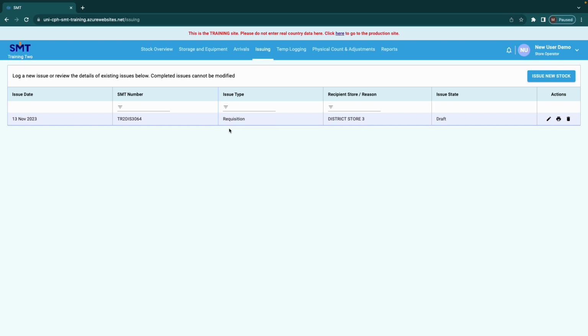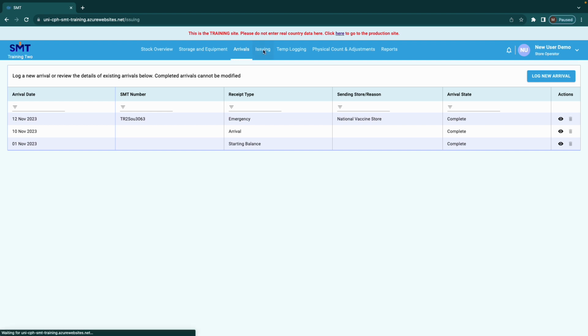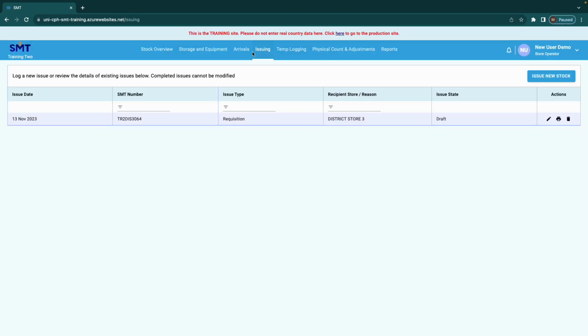Before, the issue in the store was completely blank. Now you have your transaction here. If you go back to the stock overview, you see the transaction is not reflected yet. I still have my 60,000 doses of IPV and my 5,000 doses of BOPV. So what we can do here from the issuing screen is now to print an issue voucher. So I click here on print issue,